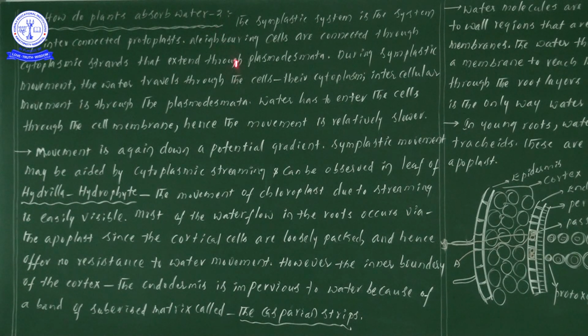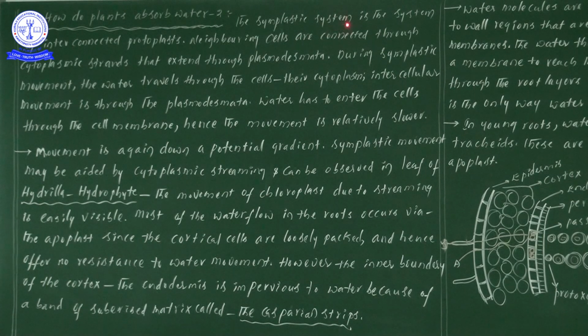Now in the previous video we have seen there are two distinct pathways, one is the symplastic pathway and the other is the apoplastic pathway, for water movement. In this video we are discussing complete information on symplastic. Once water moves through the epidermis, cortex and endodermis, later the pericycle, how it will move further, that information we will also see.